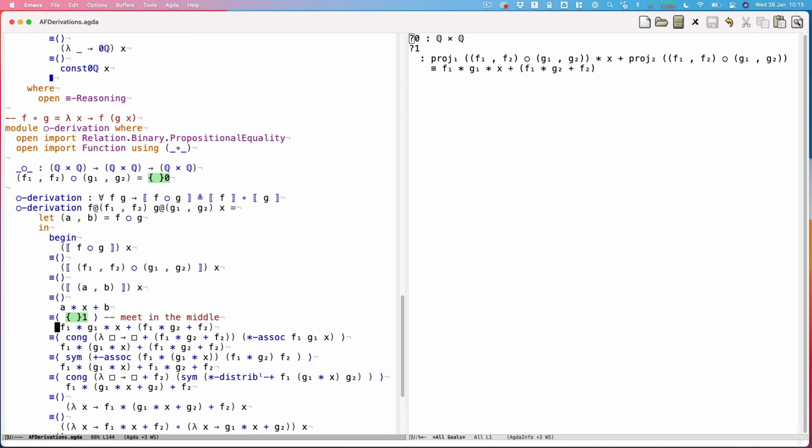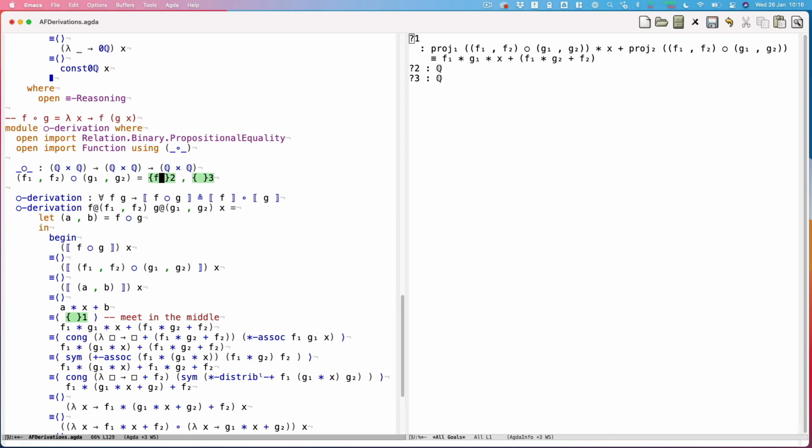Now I believe I have the proof in such a state that I can just read off the answer. So that is A is equal to F1 star G1, and B is equal to F1 star G2 plus F2. So I'm going to go up here, refine that, put F sub 1 star G sub 1 as